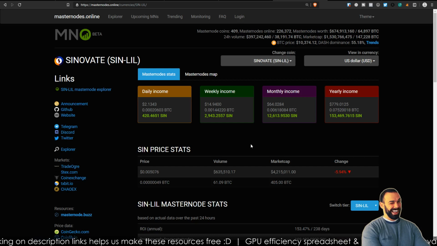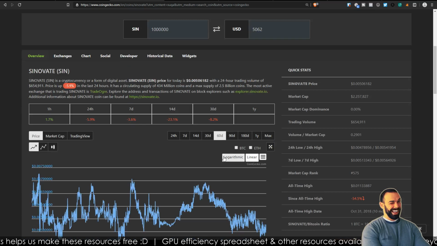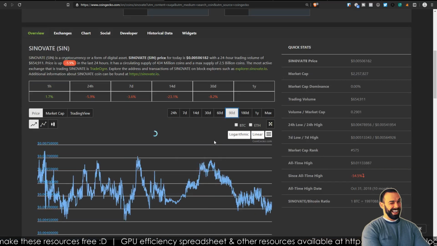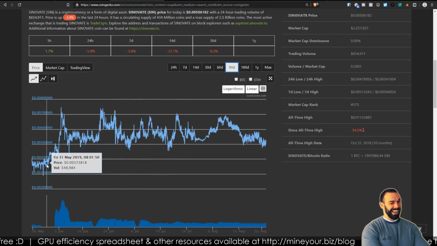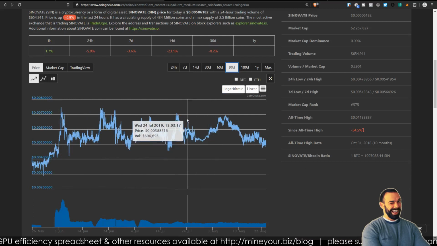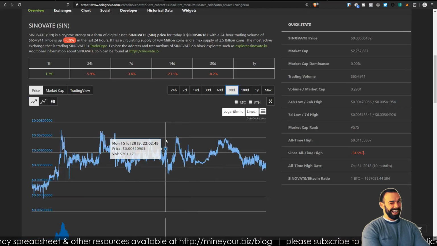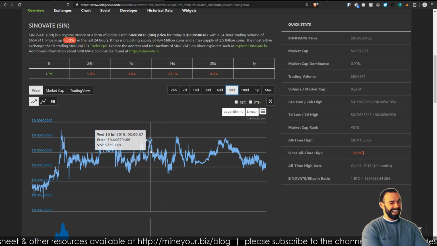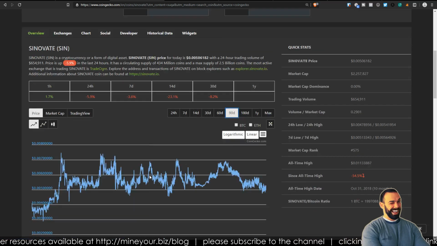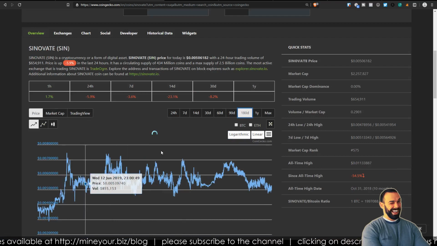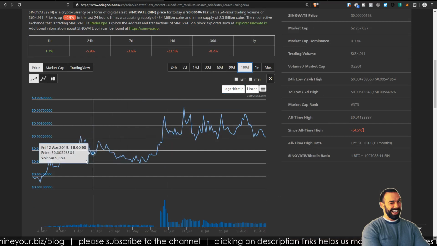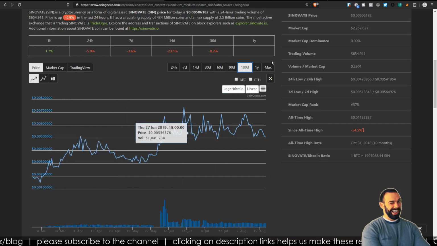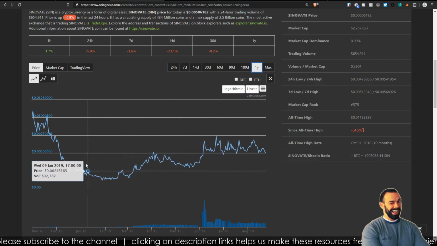And looking back over the last month of potential earnings and the last month of coin price, and then the last several months of coin price, 60 days, 90 days, I think we can definitely see there's a strong case for continuing to earn, right? The price was lower 3 months ago, but not so low that you wouldn't have been earning from a Masternode based on what the SINOVATE team is offering. And then, of course, look at the 6 month and the 1 year and take a look there. Over the course of 6 months and as much data as we have right there,